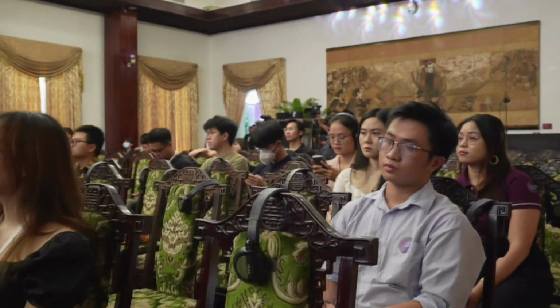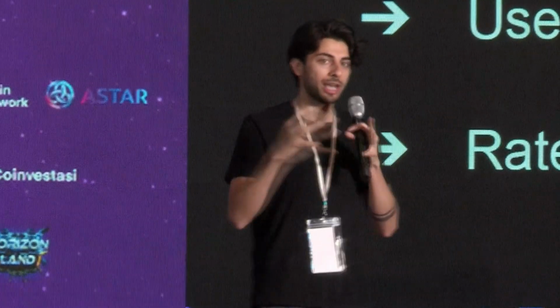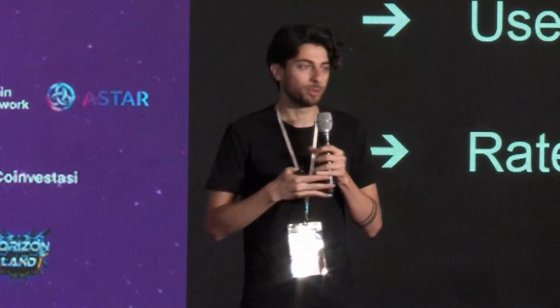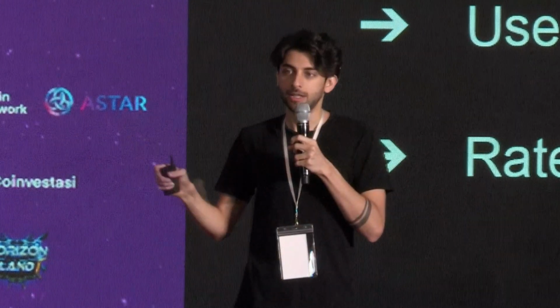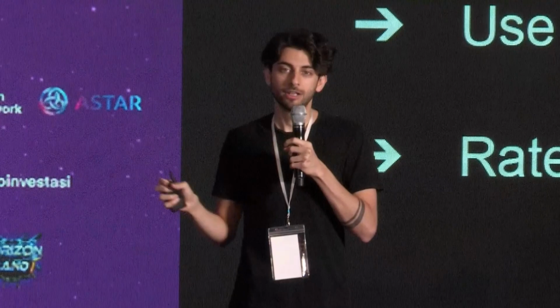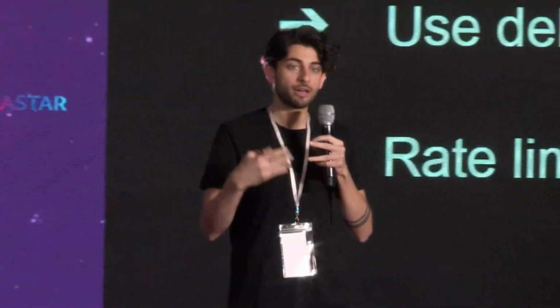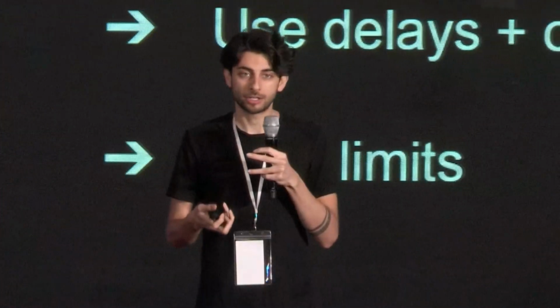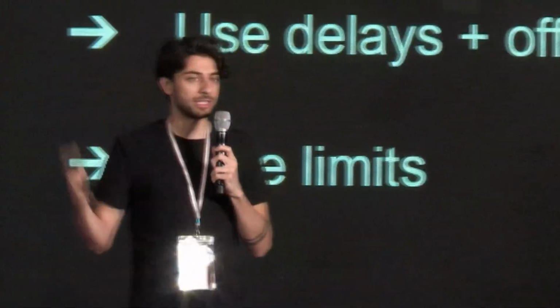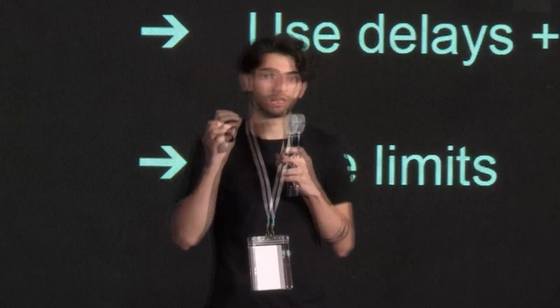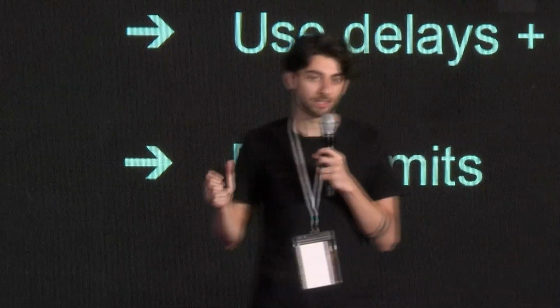So some of the things that we've been looking at are modularizing bridges. What that means is basically breaking out each of the different components of bridges in a way where you can separate out the risks of them independently. So for example, have transport, which is how do you get data from here to here, basically simple hashes from here to here, be separated from verification, which is how do you enforce the security of those hashes? How do you enforce the correctness of them? And have all of that be separated from liquidity. So how do you actually bring liquidity and value between chains?